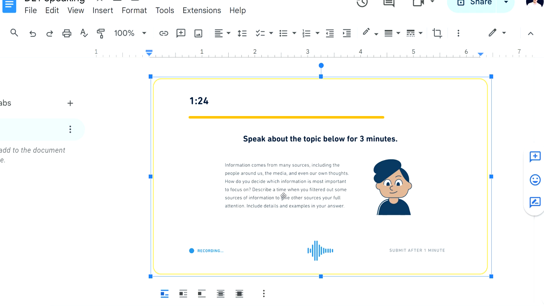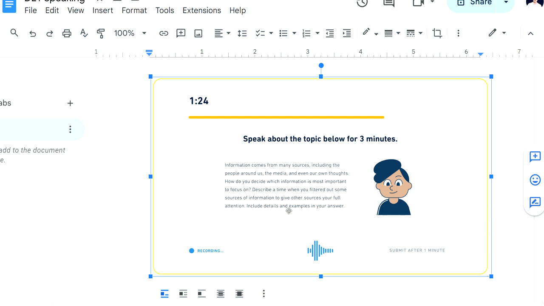So you read the question first, and then you brainstorm some of your ideas, and lastly, you try to address every part of the question. The last part is very important, number three, addressing all parts of the question. Let me repeat, you have to address all parts of the question. I don't understand why, but some of my students sometimes fail to address every part of the question. They just unintentionally leave out one or two questions in some speaking tasks, and I think this is really bad for your speaking score. Try to address everything. So here you see two questions. Please try to address both questions in your speaking.